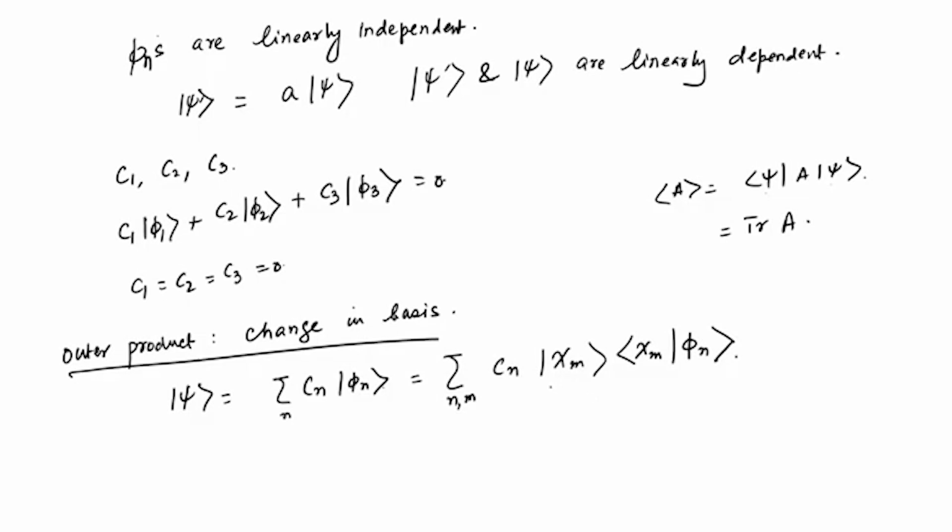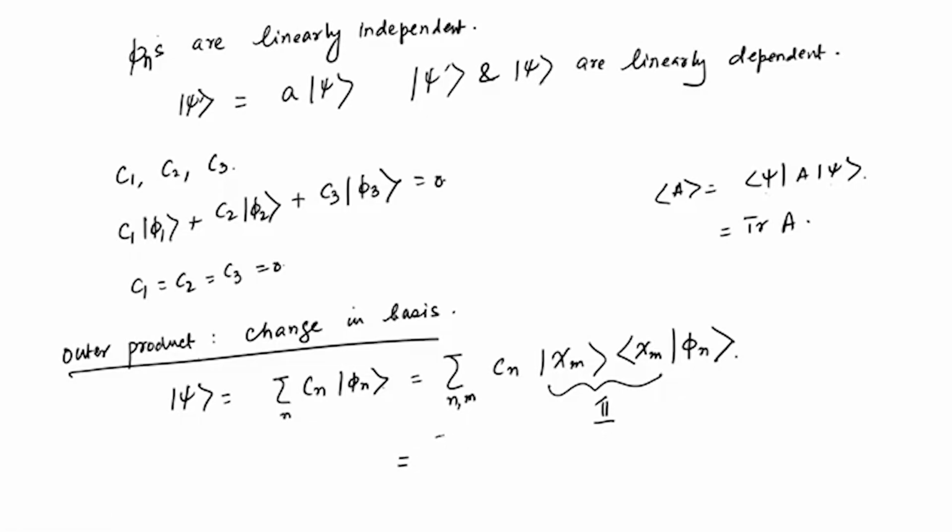Okay. So, this we could introduce because the outer product of these two vectors is equal to 1. So, we have not done anything, but we have just introduced a 1 inside. But in that case, what we have done is that we have gone from an old basis phi n to a new basis, and what we can write down is that